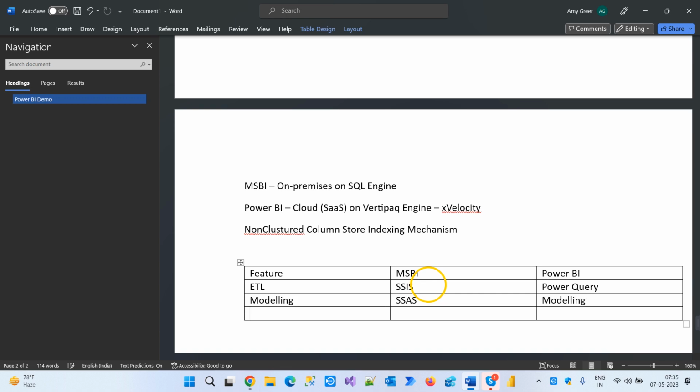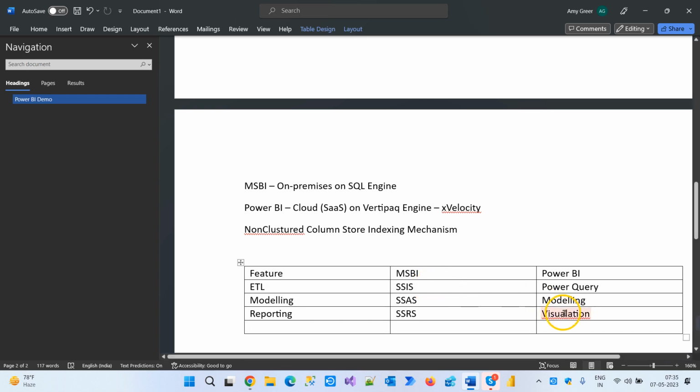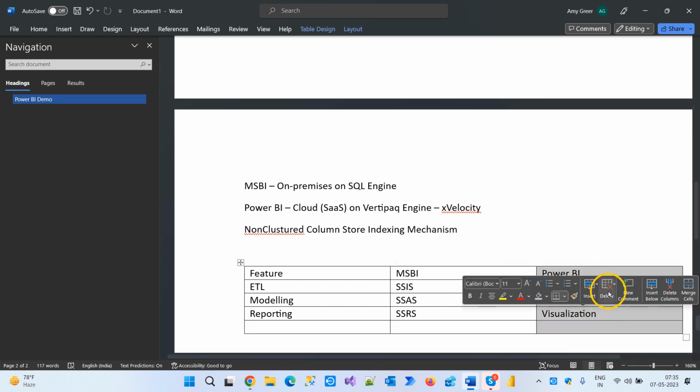Okay, we have modeling, and then the reporting. Here we have SSRS, and here visualization. Okay, and for now, just imagine these are the three categories. But if you ask me,